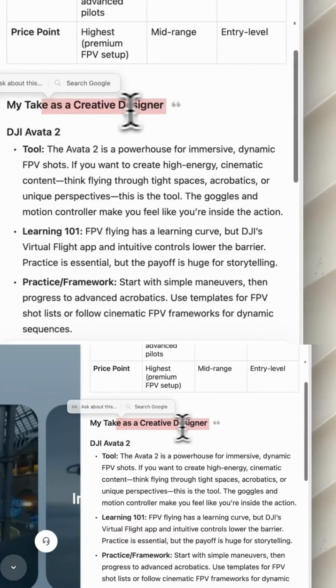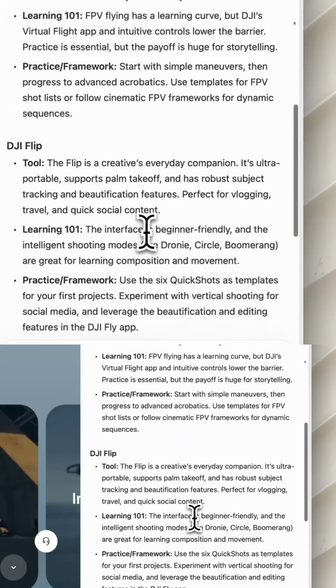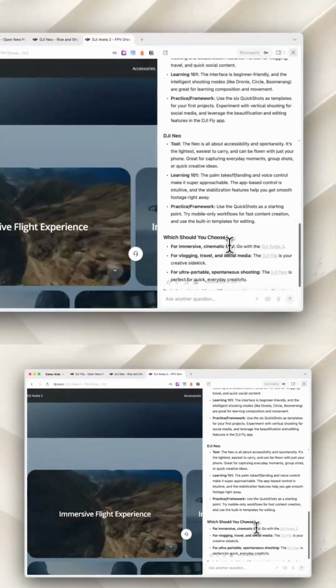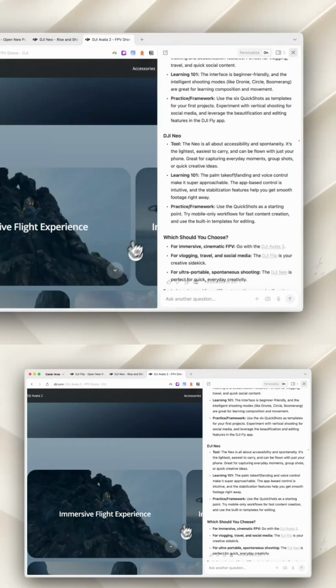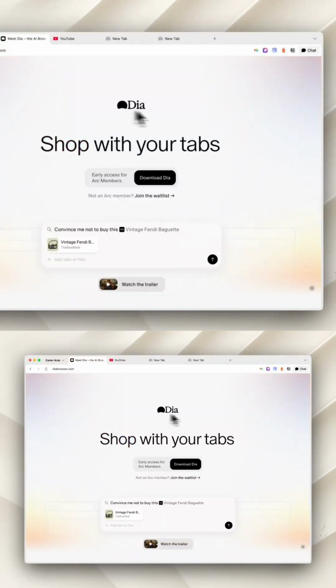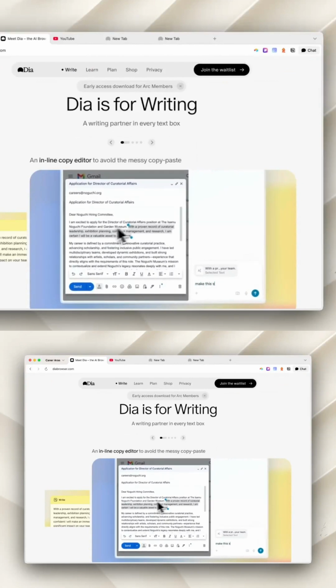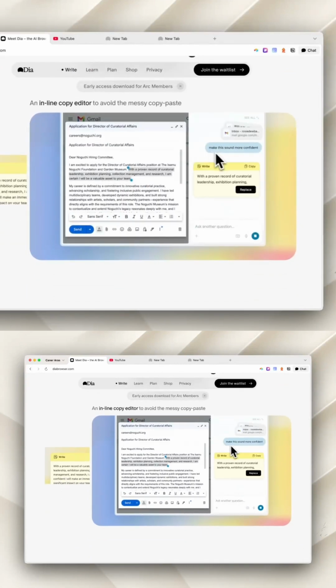The bottom line? Dia isn't trying to be a better browser. It's trying to be a smarter assistant, one that lives in your browser and helps you think, write, and learn faster. If you've been waiting for a tool that actually feels built for AI, not just bolted on, Dia is